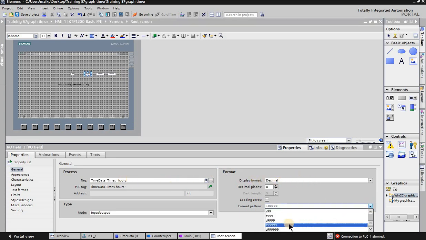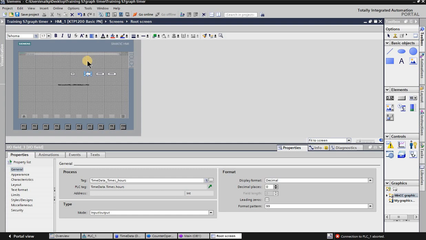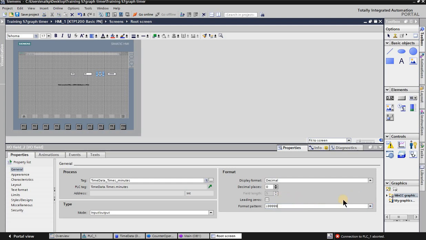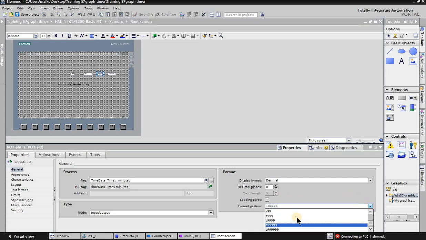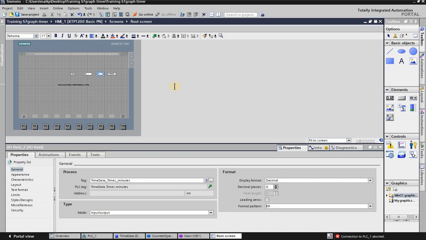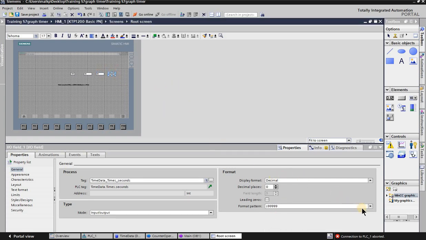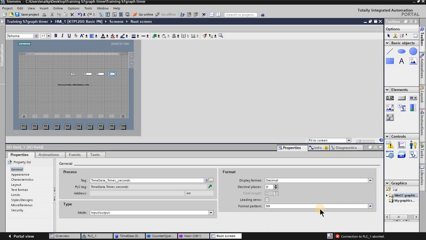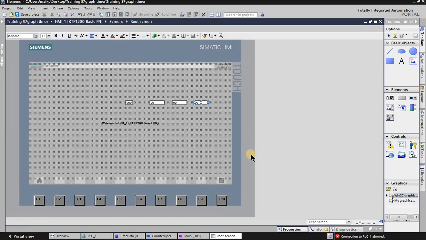So in that case, everything looks fine. The only thing we want to change is the digits, and in that case we're going for 2 digits because this is hours, right? And then we click on the next one, change it to 2 digits. Wait a second, 2 digits here, and then we're going to the seconds, and we change that to 2 digits. All right, and now we can close that so we see a little bit more, and then we adjust that for size. All right, like this,